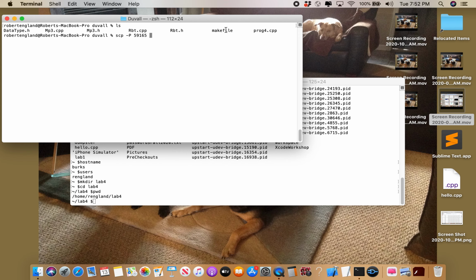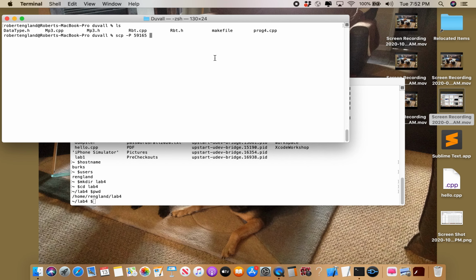59165. And I haven't tried this. You're going to figure that out because I'm going to make some boo-boos. But rather than hello.cpp, since I've trimmed it down to just what I have to have, I'm going to see if it'll let me move star.star from my local directory to R England at summit.cs.transy.edu